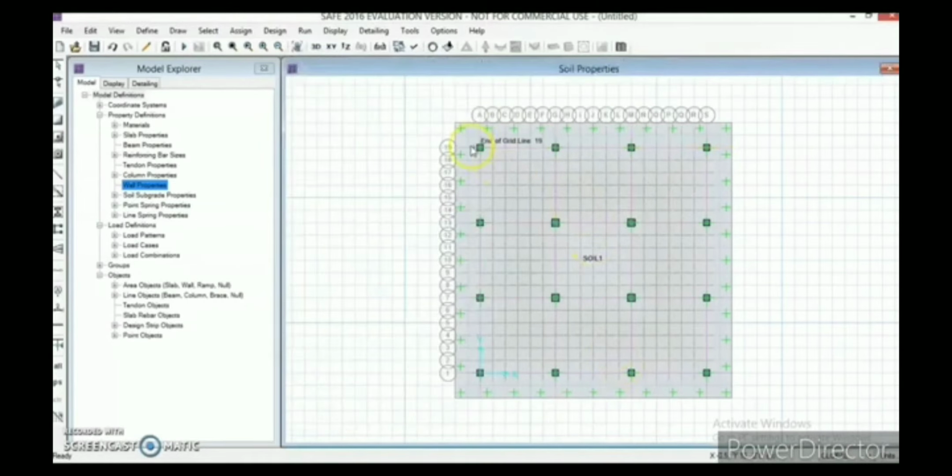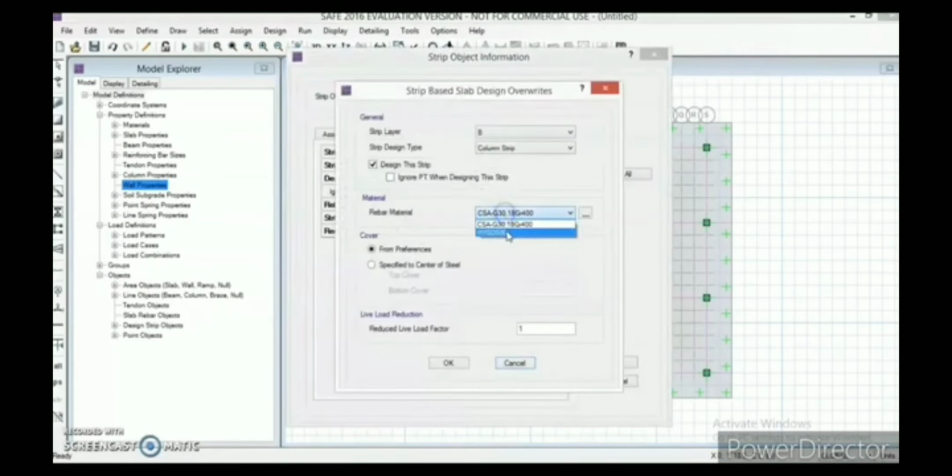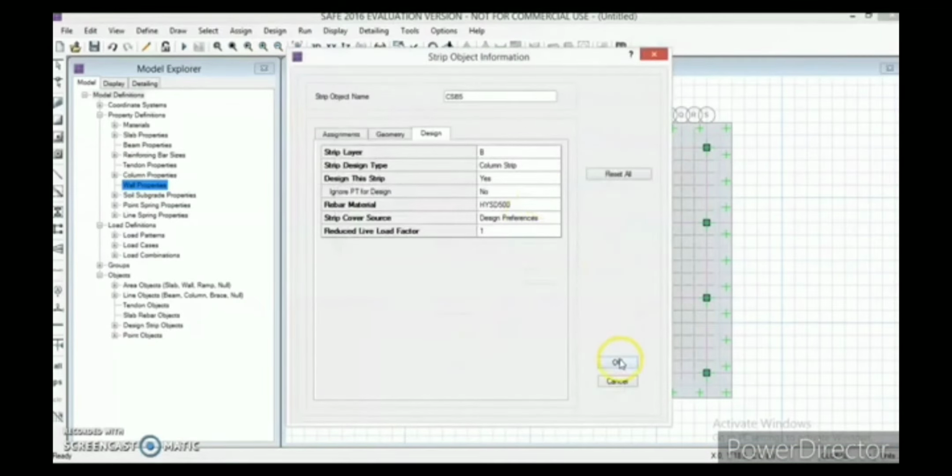Similarly for the strip B's as well. And please be careful, you are typing on the design strips.